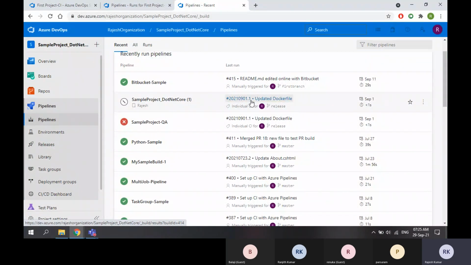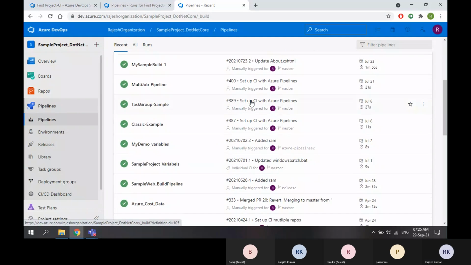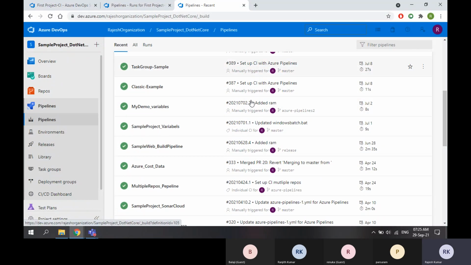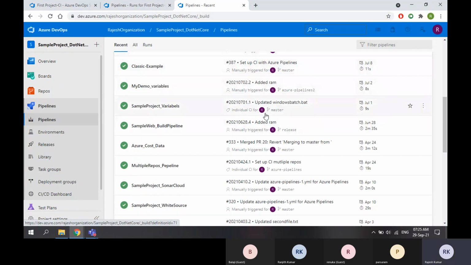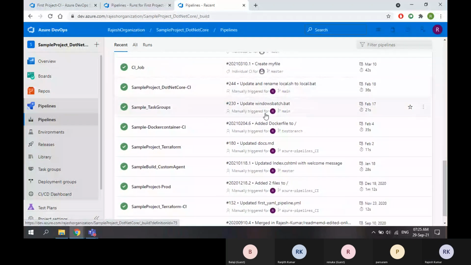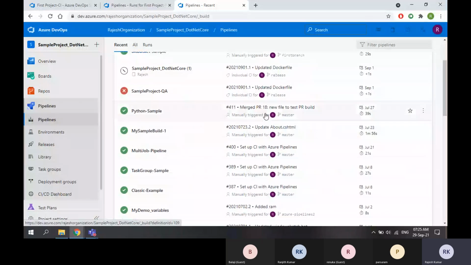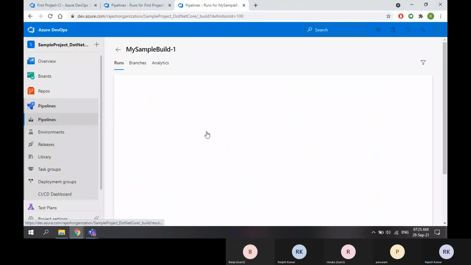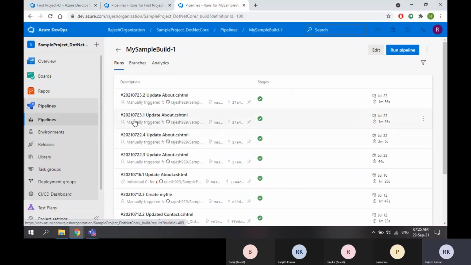If I go to this one, here you can see this ran on July 23rd, 2021.